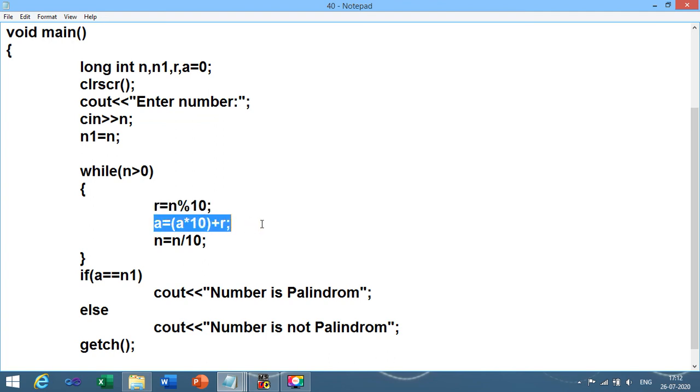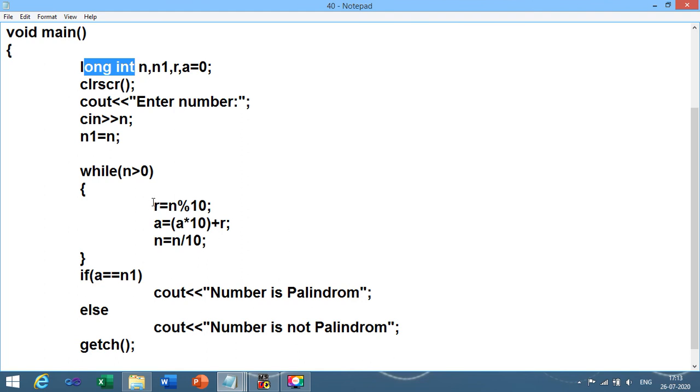This is the logic to transfer your value into the place value, and this is the logic to separate the previous part from the fraction part. That means if 1 2 2 1 is there, from the right side it will return 1. This will return 1 only for the first time because I don't want to change my place value at the first time. Because we have taken the long integer data type, the fraction part is avoided.